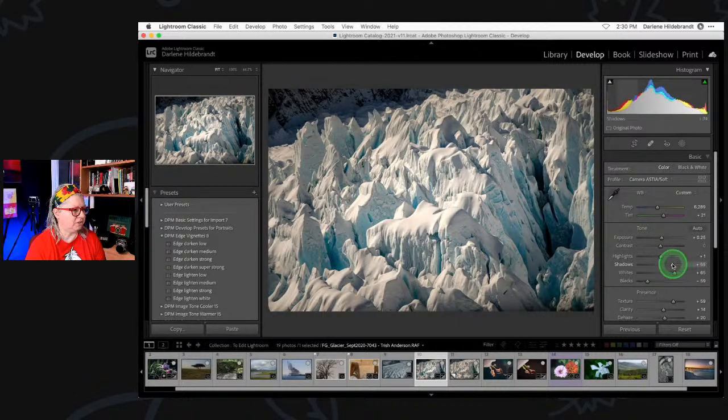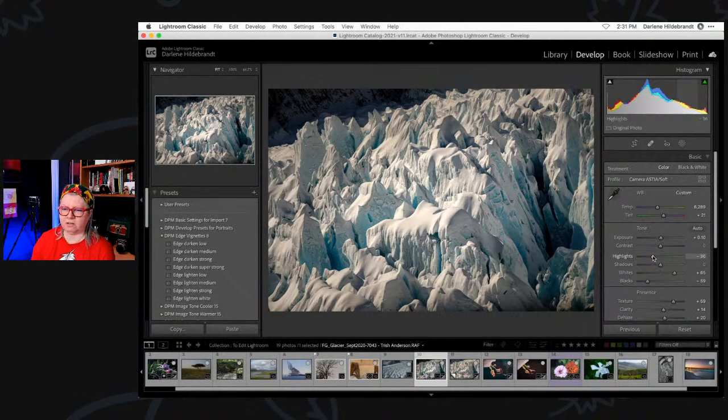Okay. So if I lift the shadows, it's actually decreasing that contrast again. So it's not bad, but it gives you more drama when you have the deeper shadows, right? So if anything, I might lower this a little bit because I think we've gotten some clipping now. I'm going to lower the exposure a little bit, maybe on the highlights. But overall, I don't think I would lift the shadows because when you eliminate shadows, you eliminate all the texture,